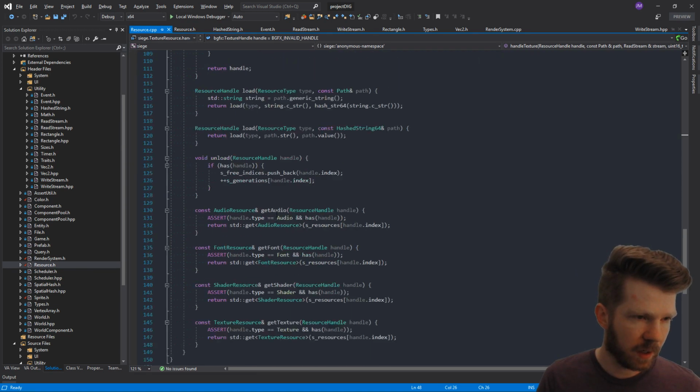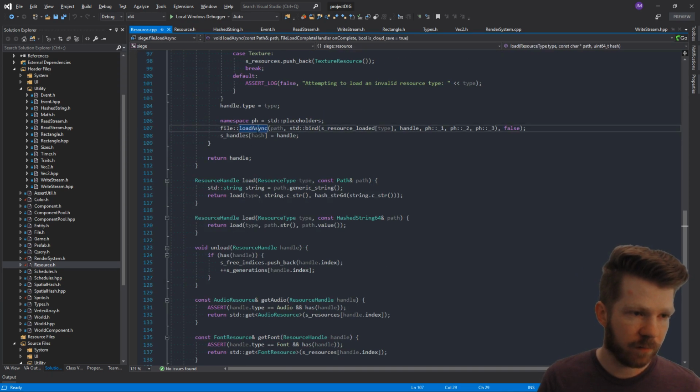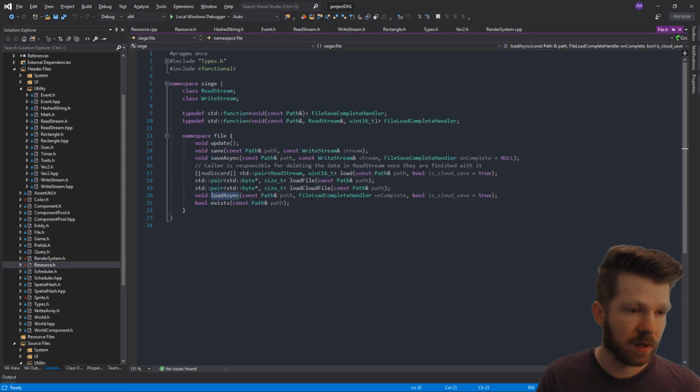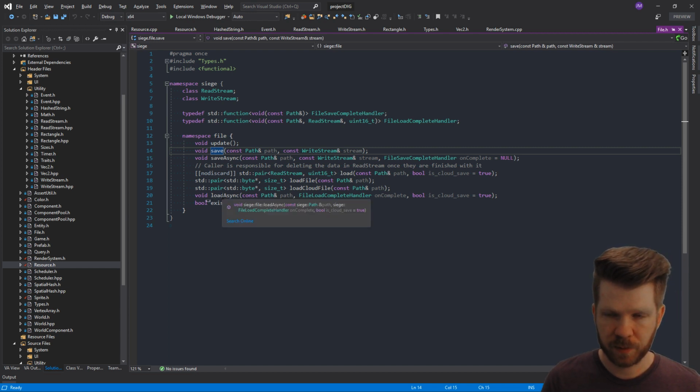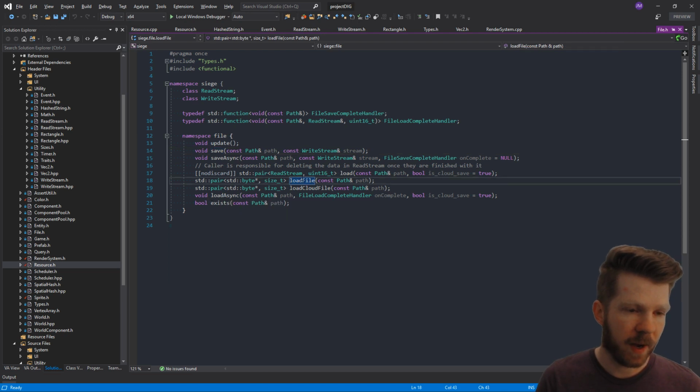And that gets us into our file IO, which we spent 2 days on. And again, I try to simplify it as much as possible. You can save and load files, and you can do that both synchronously or asynchronously. And in the back end,